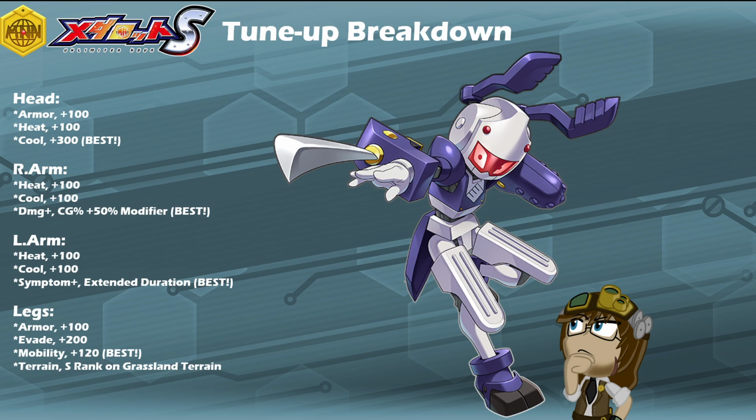His right arm has access to plus 100 to Heat, 100 to Cool, and a 50% additional damage modifier relative to your charge percent. Now, honestly, the charge percentage and the modifier alone was pretty solid on Charge Blade by itself at a ×2, I believe. So that extra 50% at ×2.5 is going to be really, really nice to have, as it means that it's going to hit a whole lot harder, even if you don't have a lot of charge. Especially when you're at full charge, it absolutely will cut enemies down to size, as long as you can